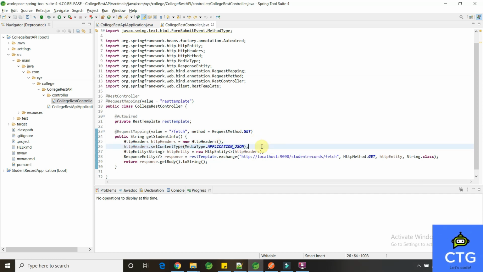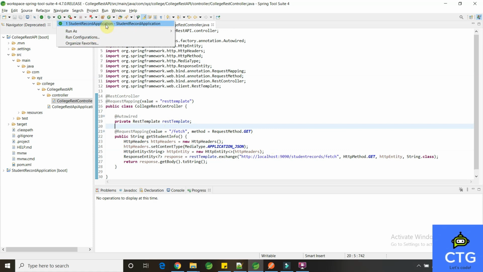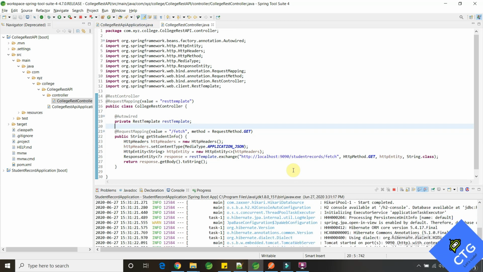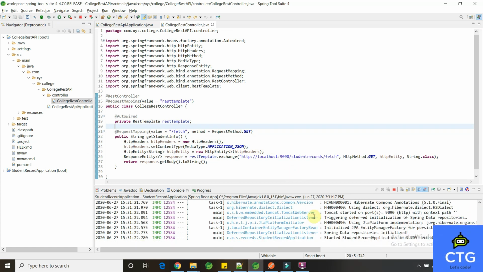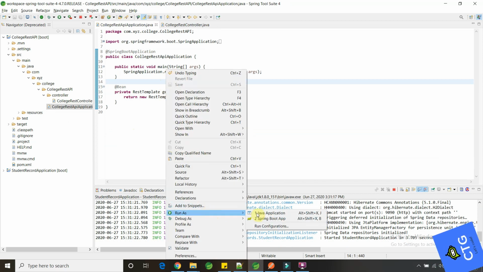Just run this method. Let's run this project and start it. We are going to communicate with that application. So let's start our current application.